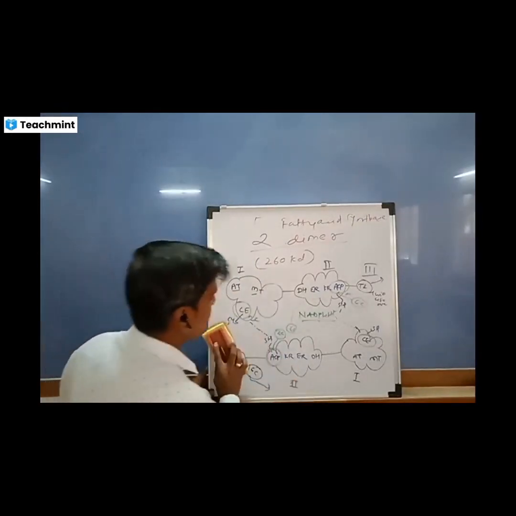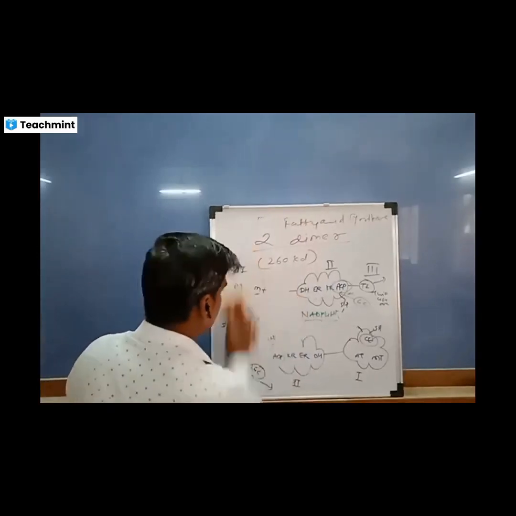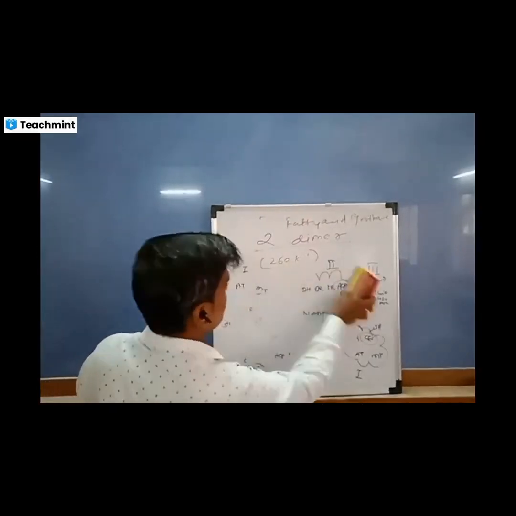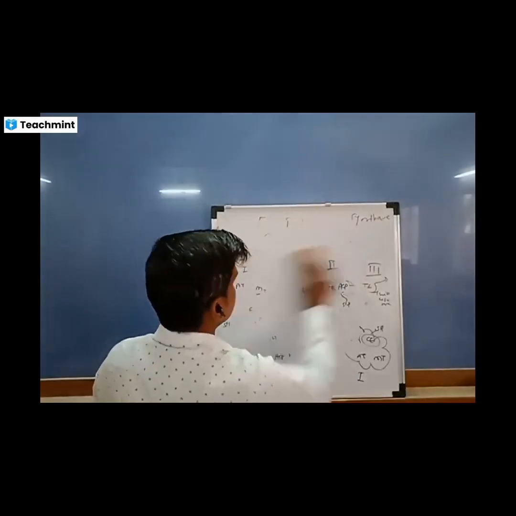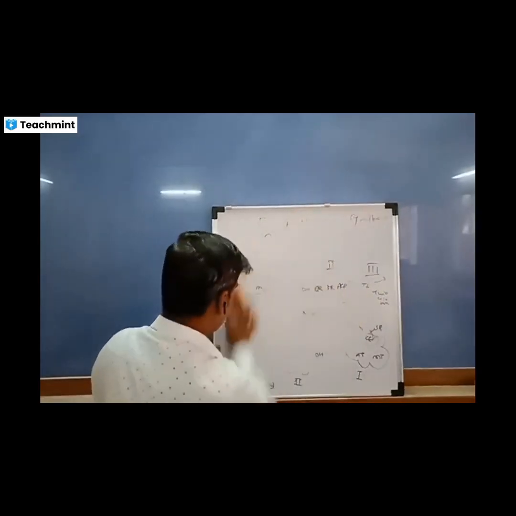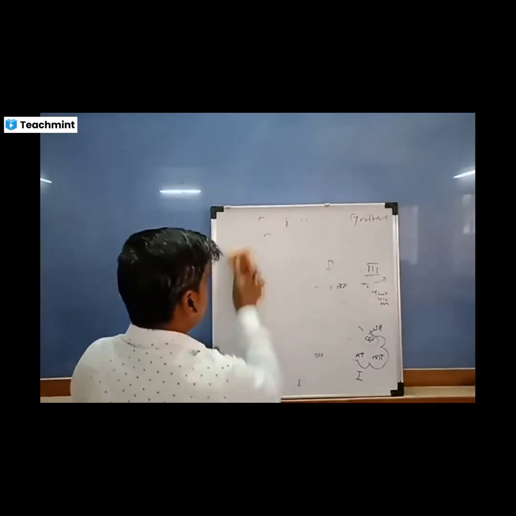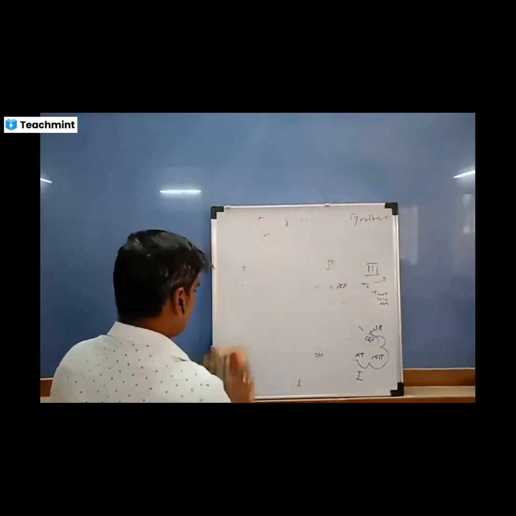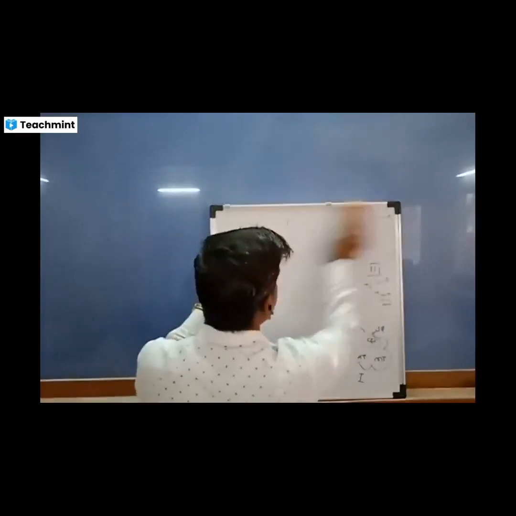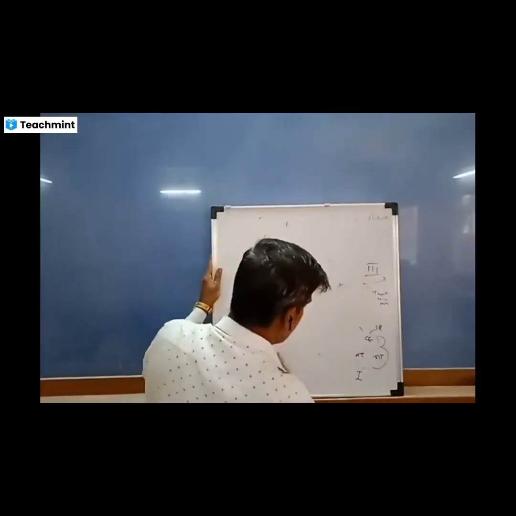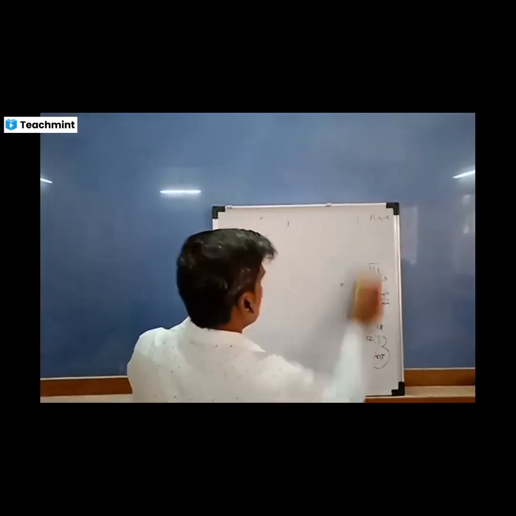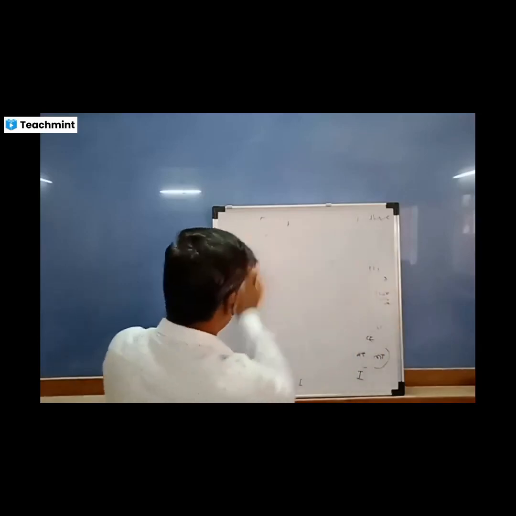Whatever the detailed reactions, all the elongation cycles and the net equation, we came across in yesterday's lecture. Now one by one we are going to study how this fatty acid synthase multi-enzyme complex is responsible for elongation by using the active sites of the condensing enzyme and acyl carrier protein. I will again revise yesterday's point: how the chain is elongated by sequential addition of 3 carbon malonyl structure.